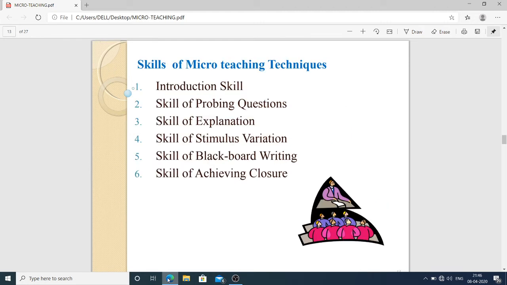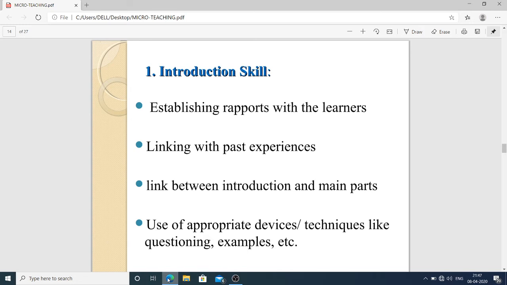Then the skills of micro teaching techniques, there are a total of 6 skills. Introduction skills, how to introduce the topic in the class. Then skill of probing questions, how to brainstorm with the class students. Then skill of explanation, then skill of stimulus variation, skill of blackboard writing, skill of achieving closure, means concluding the topic. Then the first one is introduction skills, establishing rapport with the learners